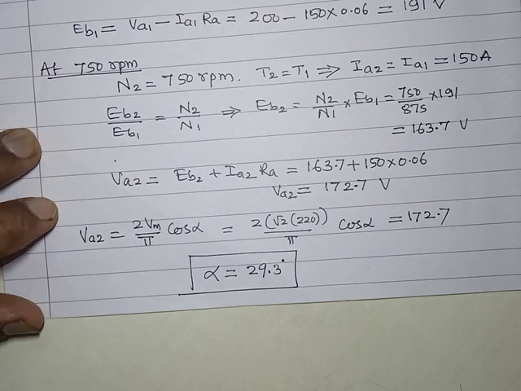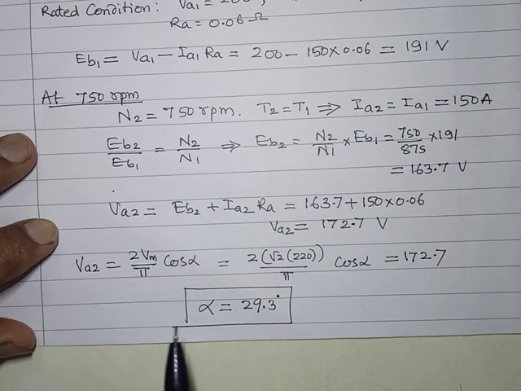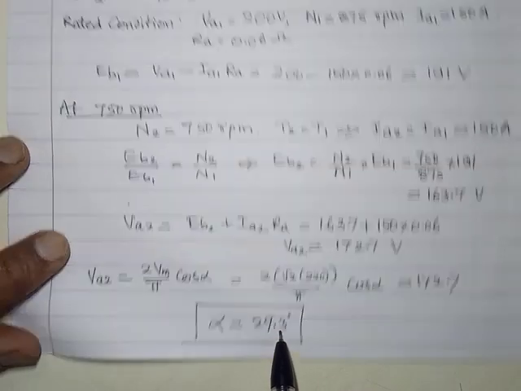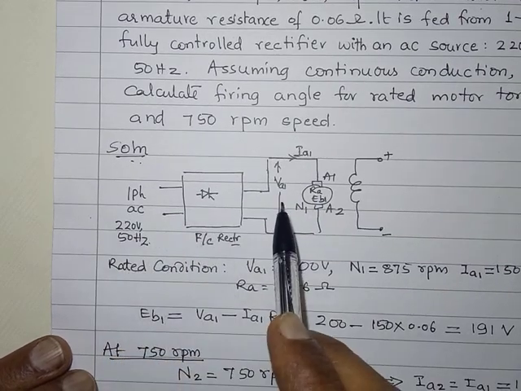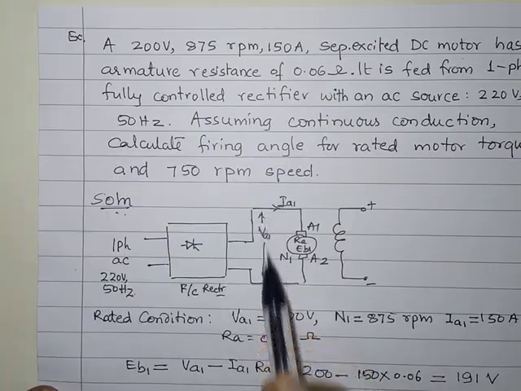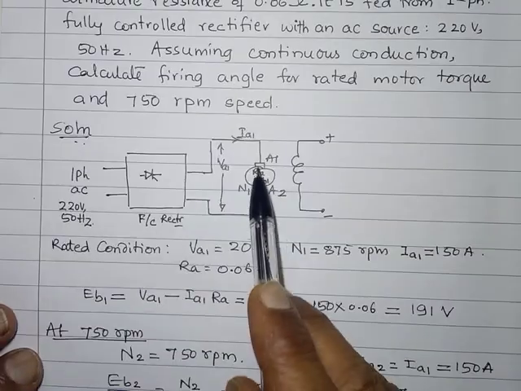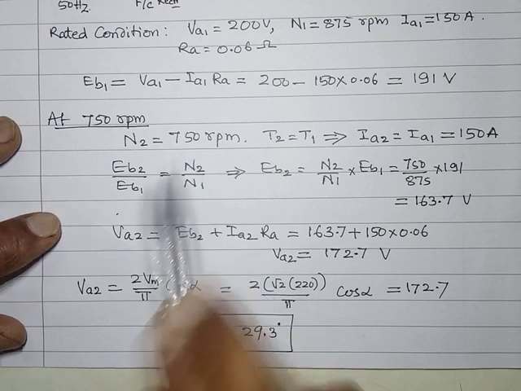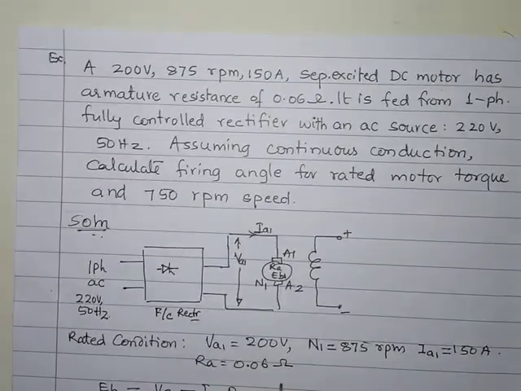29.3 degrees. Now relax, try to feel this problem. If I keep alpha of this at 29.3, then from 220 volts AC, it will give me a VA equal to 172.7. If I apply 172.7 here, then the current of 150 amperes will give me a speed of 750 RPM. Interesting, isn't it? So here we will have the numericals of this type, typically